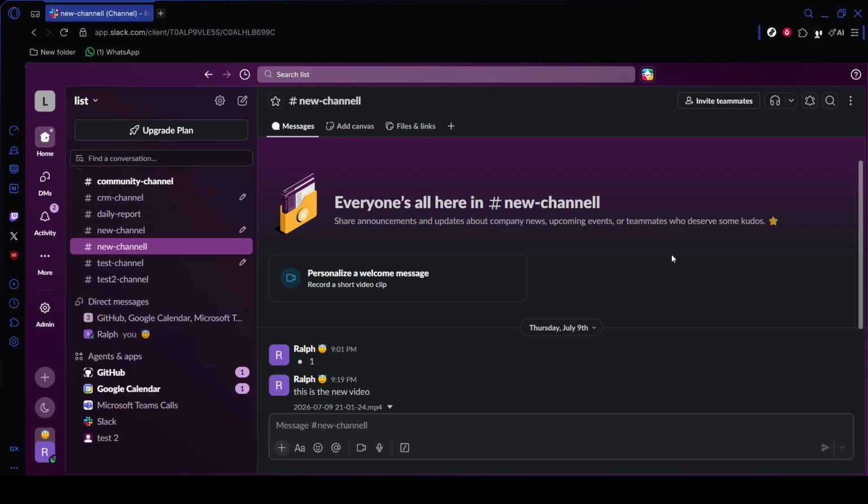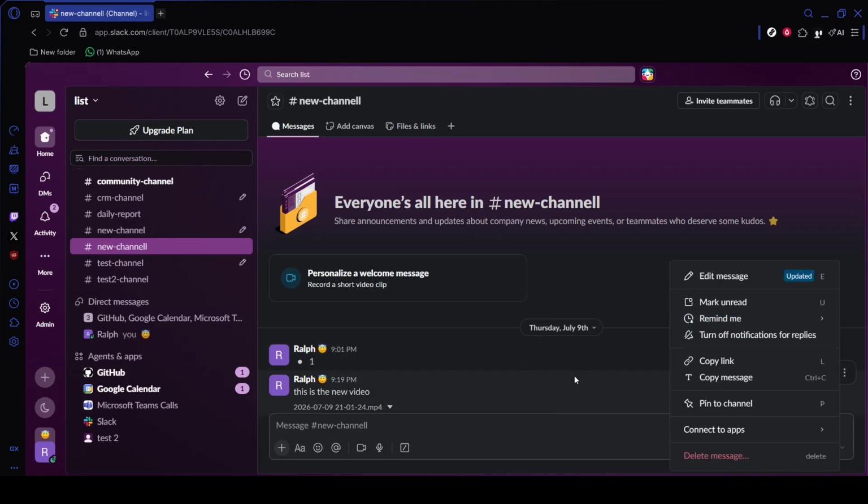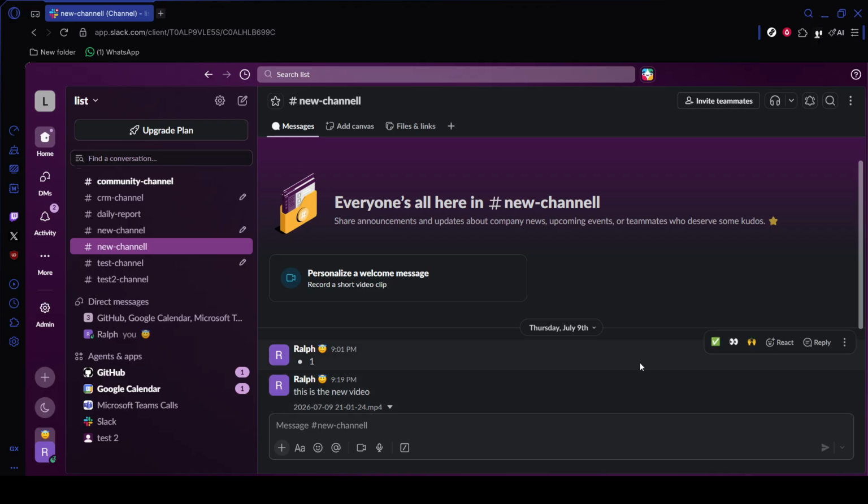For long or messy thread conversations, you can summarize just the thread itself. Hover over the parent message that started the discussion, then click Reply in Thread to open the thread panel on the right. At the top of that thread view, click the Summarize Thread Sparkle button. Slack AI will read through the replies and give you a short summary of the decisions, outcomes, or conclusions from that conversation. This is especially helpful when a thread has grown into a long back and forth and you only